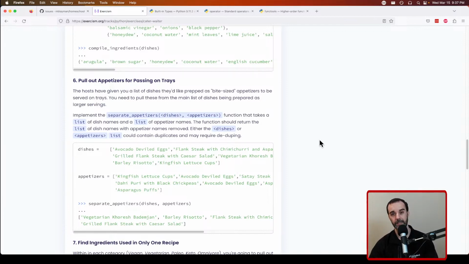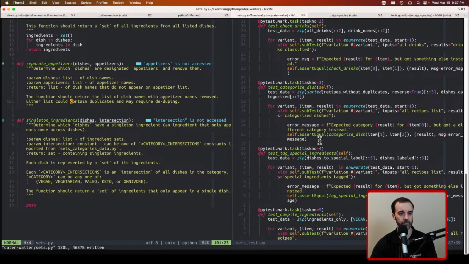And when you start to see lists as sets and you can start thinking in set math, some of these problems become very simplistic. Like if you had to do this by iterating over each list and trying to keep track of, is this in this one, this one, this one, it gets pretty hard. But when you can do a set subtraction, which is I think what they want here, then it becomes a much easier problem. So we're going to take the dishes and we're going to